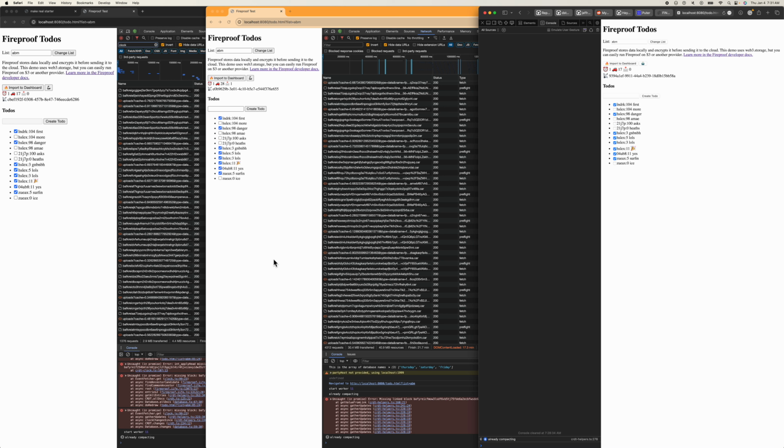This is what it looks like to run the load testing on Fireproof now that I've updated the compaction. So I have a Chrome Canary on the left, regular Chrome in the middle, and Safari on the right. And they're all hitting the same database, going through the PartyKit connector, and each one of these browser tabs